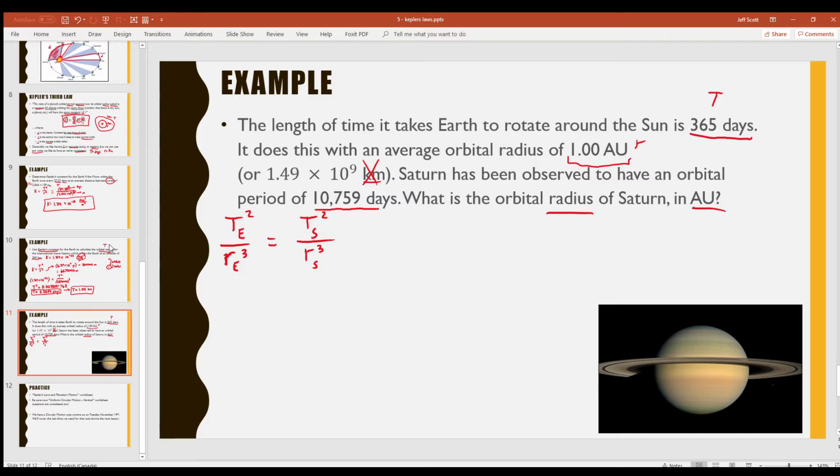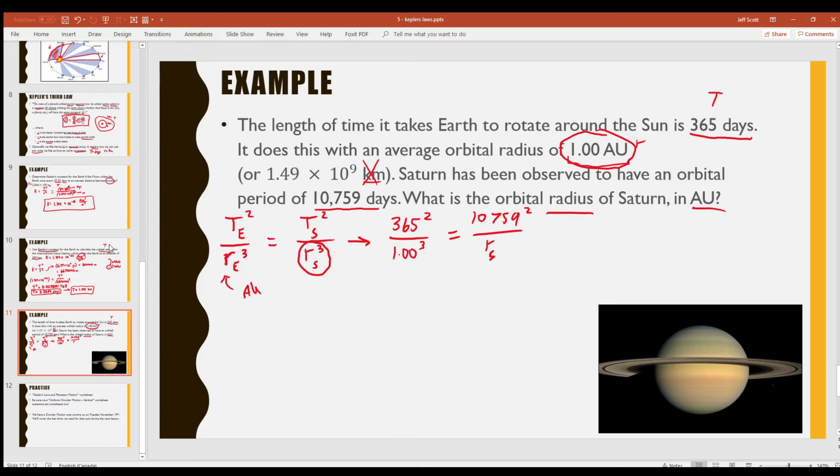So we can just fill this in. As long as we make sure we have matching units, we're going to be totally okay. Just filling in all this information here, the orbital period of Earth is 365 days, so 365 squared, divided by the orbital radius of Earth cubed. Because we want the orbital radius of Saturn in AU, we need to make sure that this is also in AU. And the question told us that the orbital radius of Earth is 1.00 AU. So I'll just get to say this is 1.00 cubed. That's going to equal the orbital period of Saturn squared, so 10,759 squared, divided by the orbital radius of Saturn